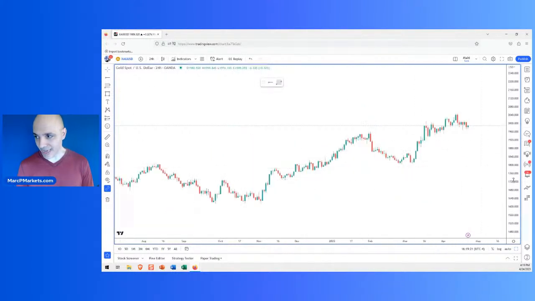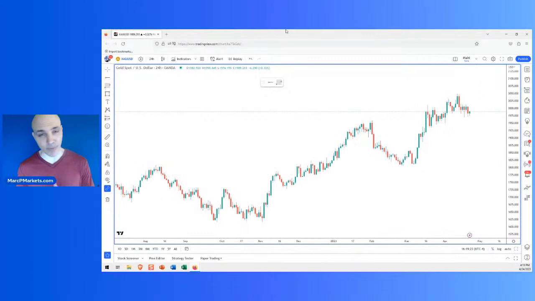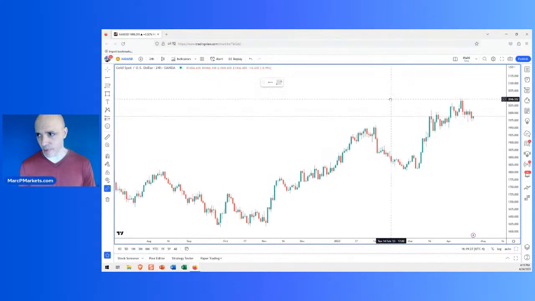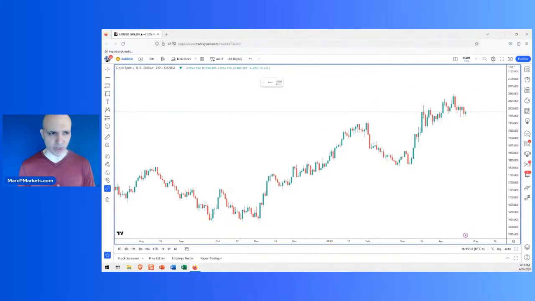You just have to look at it from the perspective of probability and risk. How much risk you want to take versus what you think the probability is, that it's going to do what you think, right? We are in a low probability area for gold longs. That's all I can say, all right? A better area obviously would be support levels if you're thinking long. Does that make sense? So that's gold.